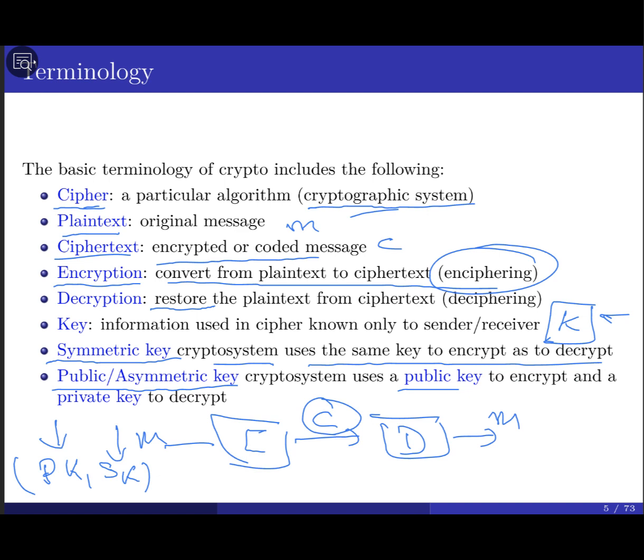So if you do one operation, whatever, encryption or decryption, using one key, you are going to use the other key in order to reverse the operation. So we're going to see later, it depends on the security service that we try to achieve. We're going to maybe sometimes use the public key of the sender, or maybe you're going to use the public key of the recipient, or the opposite. It depends what you're planning to do. We're going to cover this one later in more detail, but just keep in mind now: we have a symmetric key, we have an asymmetric key. Symmetric key, one key, the same key for the sender and the receiver. And the public key, we have a pair of keys, let's say public and secret key, for every single user.